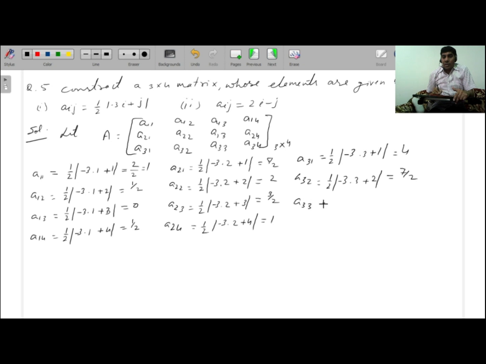A33 is equal to 1 by 2 modulus of minus 3 into 3 plus 3. Minus 3 into 3 is minus 9, plus 3 is minus 6. Minus 6 modulus is 6. 6 divided by 2 is equal to 3. A34, 1 by 2 modulus of minus 3 into 3 plus 4. Minus 9 plus 4 is minus 5. Minus 5 modulus is 5. So 5 by 2. So the required matrix